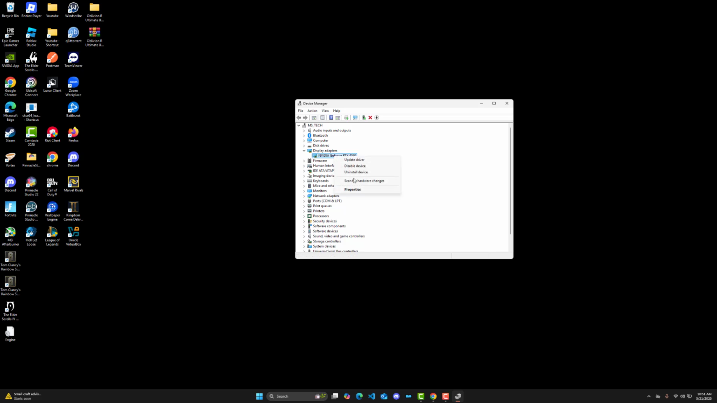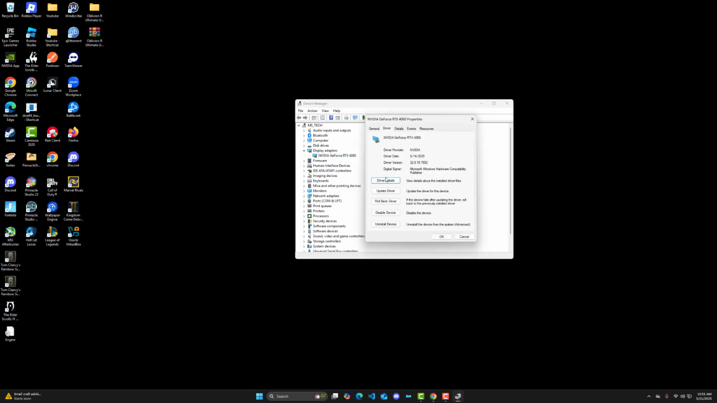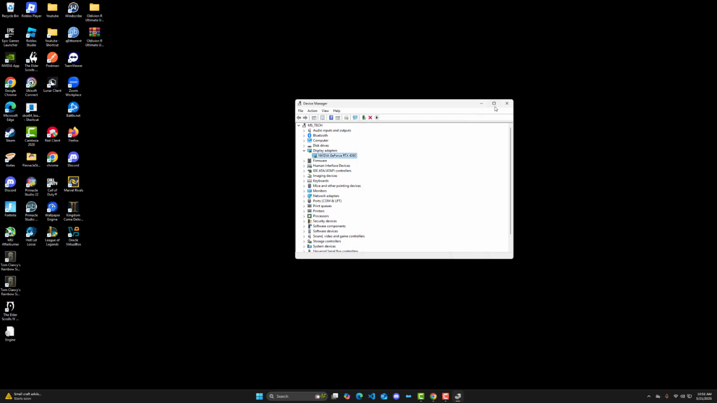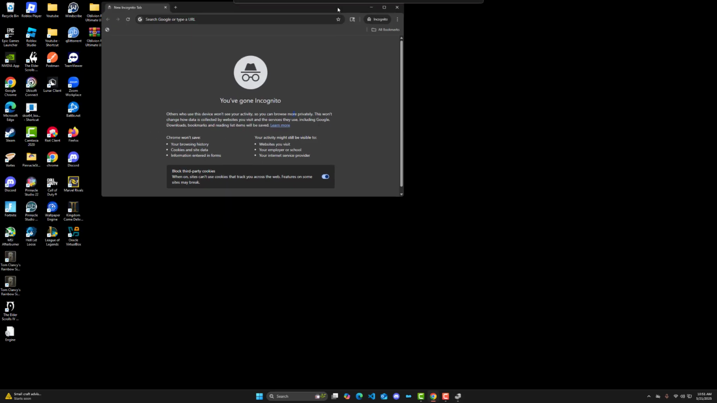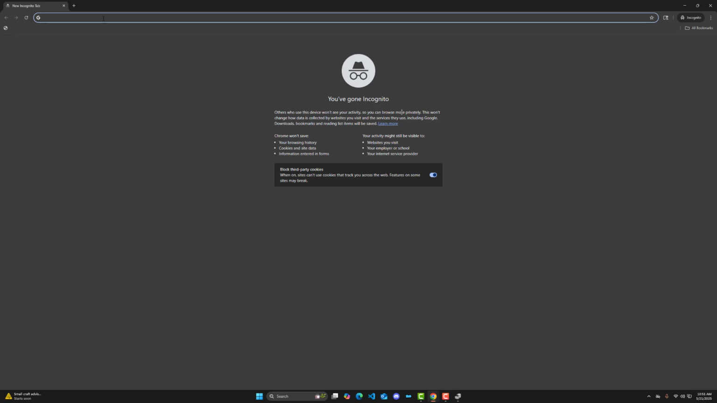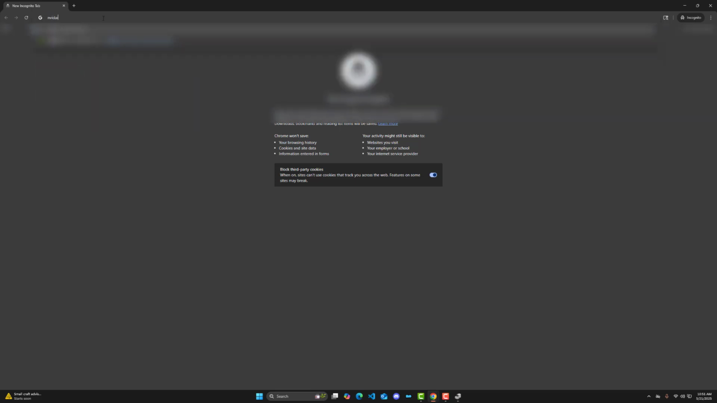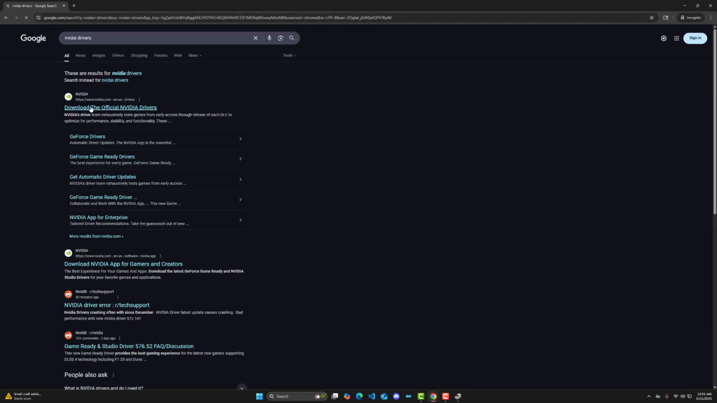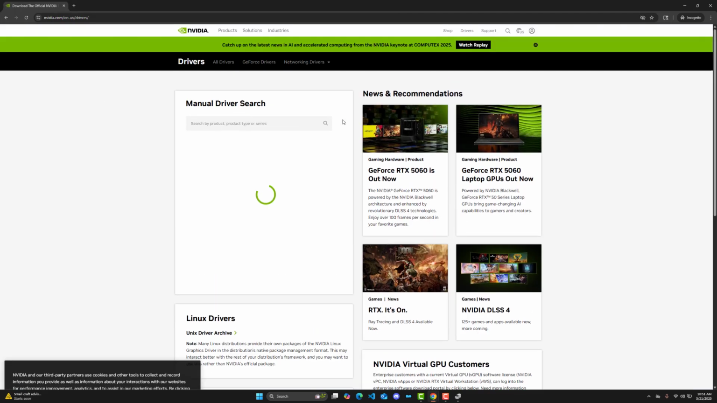However, sometimes it's possible that if you go over to Driver, Roll Back Driver is grayed out. If it is grayed out, what you can do is go over to your favorite browser, go over to Nvidia drivers, and then go to the official driver page,